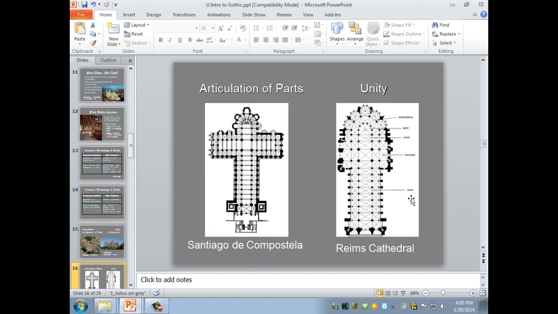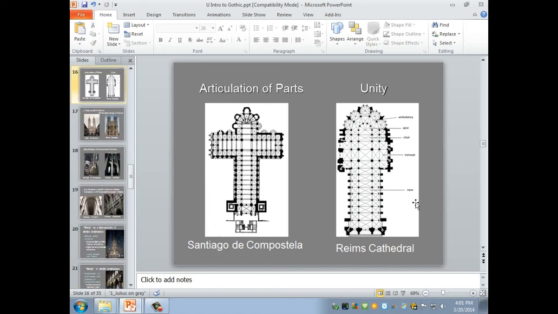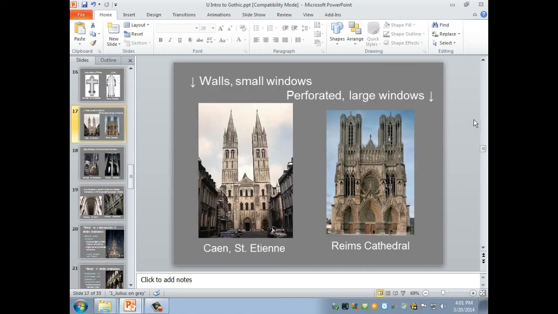The opposite thing with Rheims, where you have the perforations literally opening, large windows, large open spaces, and if it's not open, it's covered with sculpture or has a huge stained glass window, such as the Great Rose. And then even in this case, which is not typical, but it's a unique feature of Rheims, you have the second rose where you would expect a tympanum to be over the doorway. Lots of perforations, lots of large windows.